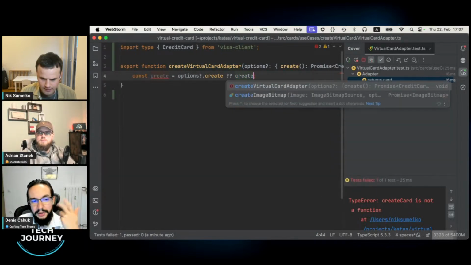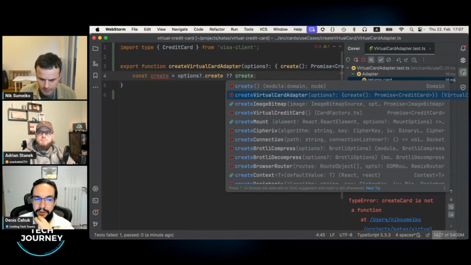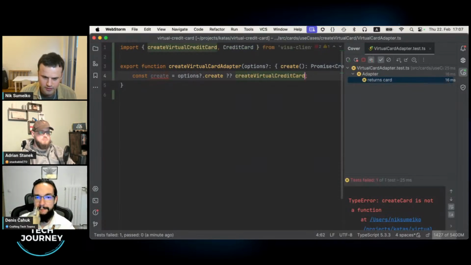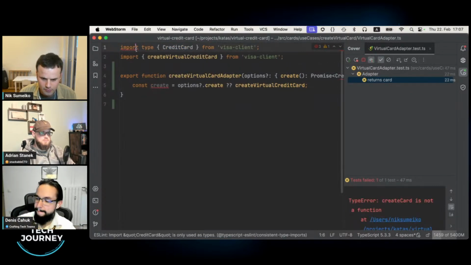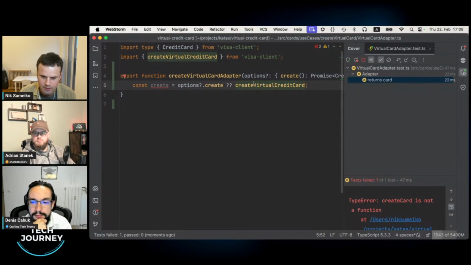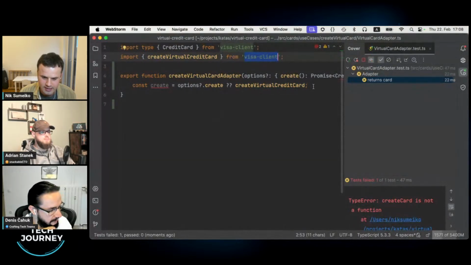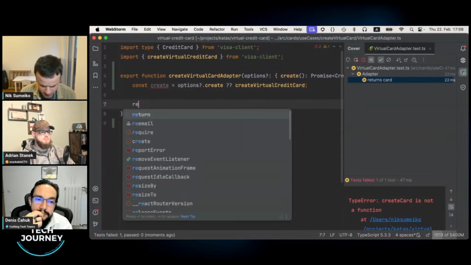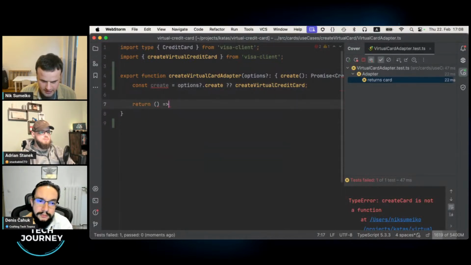You're already stubbing it to be easily injected, because you already have a need for it. Where is my Visa SDK? This one. Let's fix this import in place. So if it's provided, like for a test case, then that implementation is taken. Otherwise, in production code, this adapter couples with the outside world, with the SDK. And here I will return the expected interface.